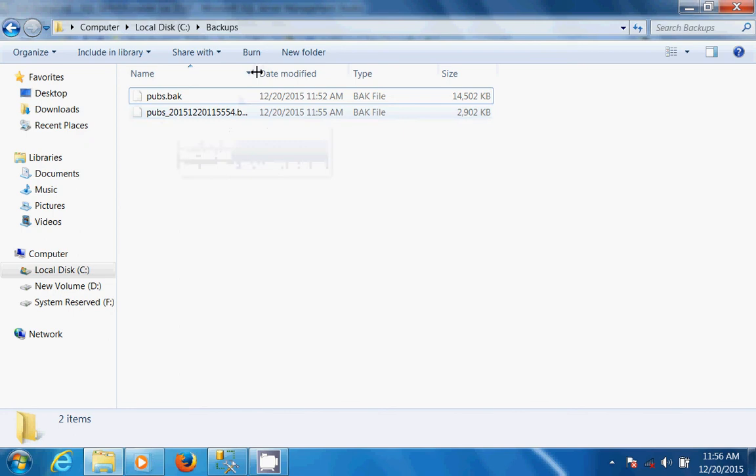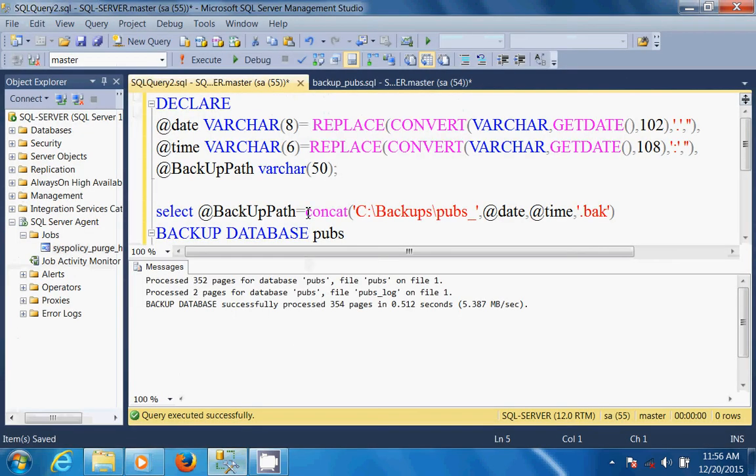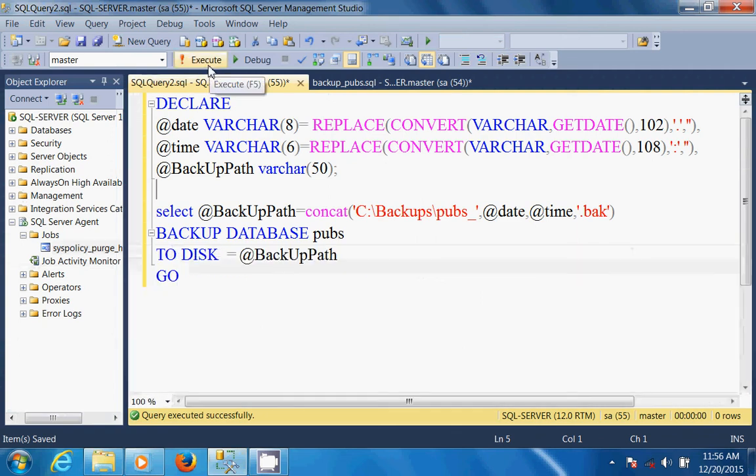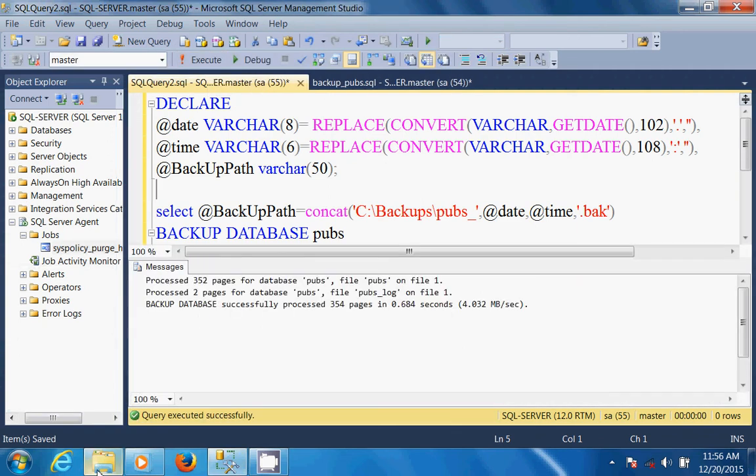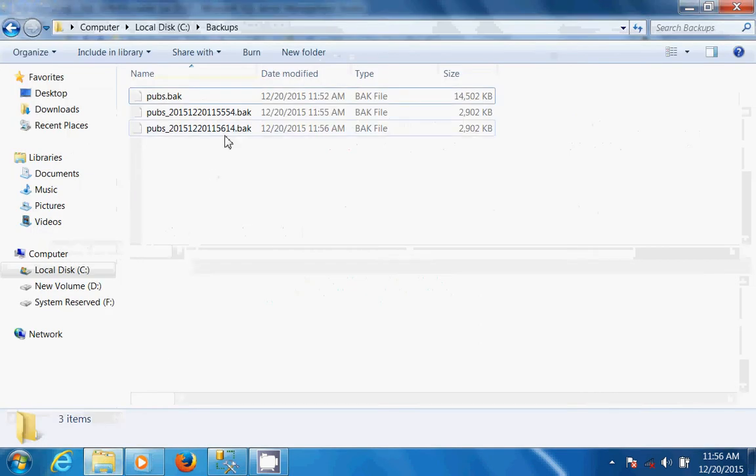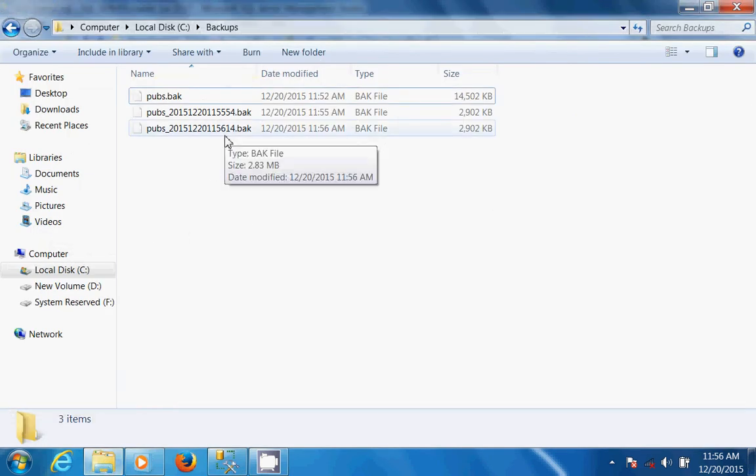I'm executing the same statement as if for tomorrow. For tomorrow, see, another backup file is created, it is not replacing the previous files, but the time was different: 11:52, 11:55, 11:56.